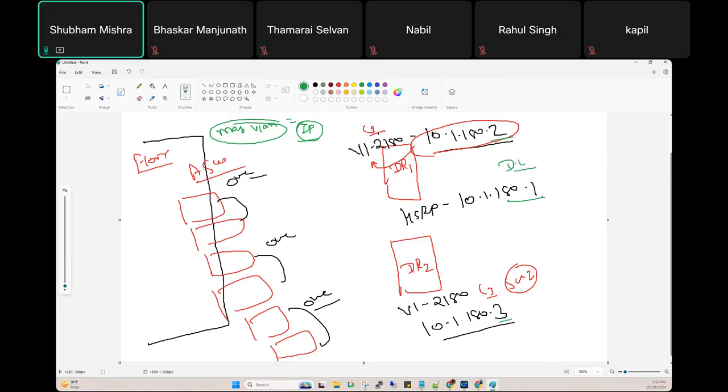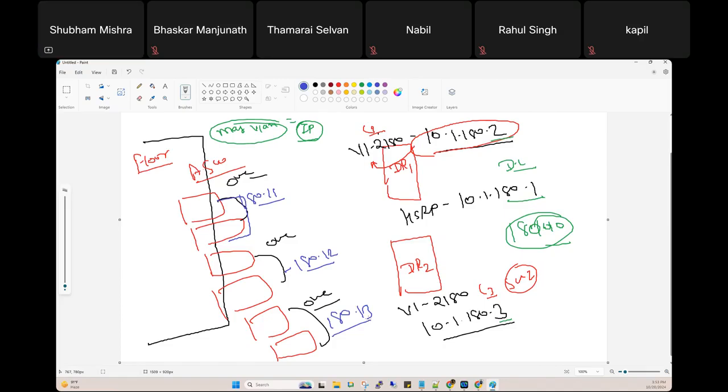Distribution layer. Fine. So for future use, what you will do, you just reserve 180.10. Just reserve this IP address. From 11, you can assign the next IP address. So on this switch, you can assign 180.11. On this switch, you can assign 180.12. And on this switch, you can assign 180.13. Getting my point, everyone? Yes or no? Understand?